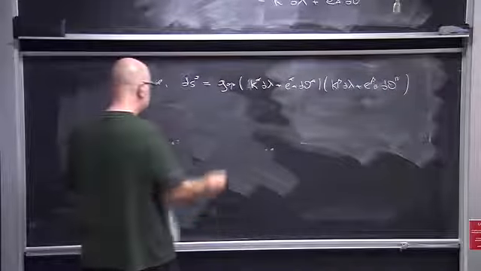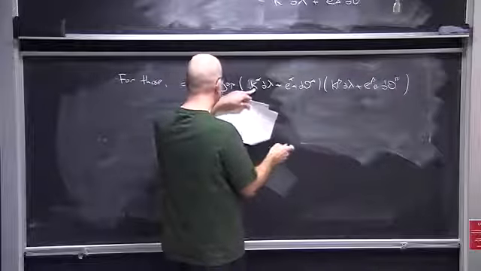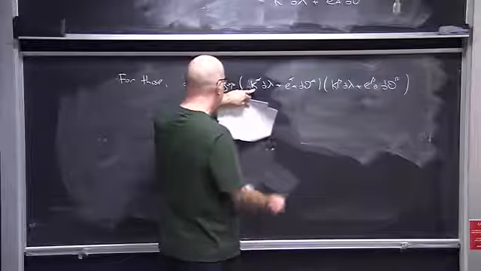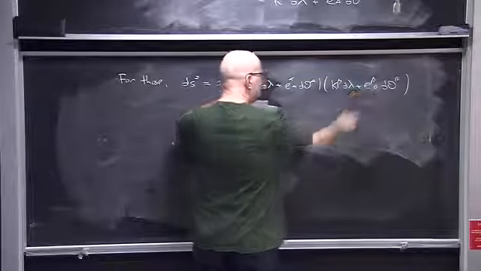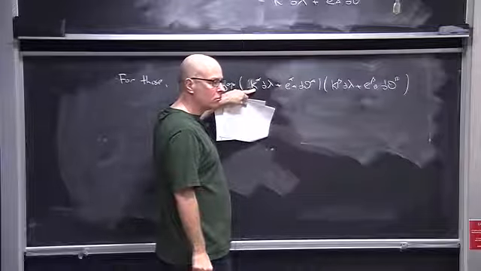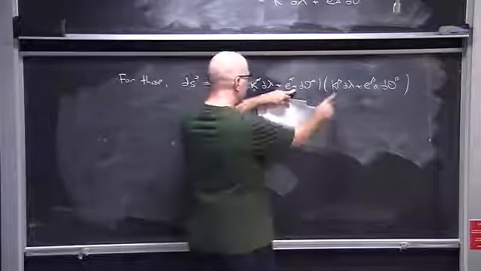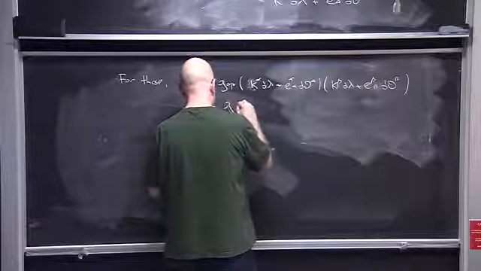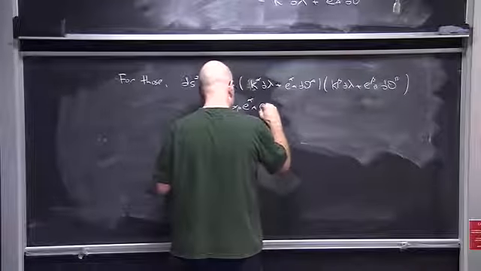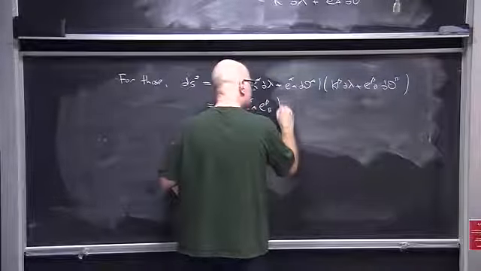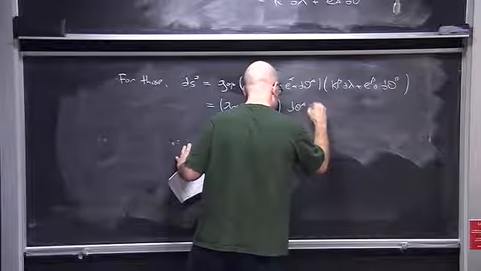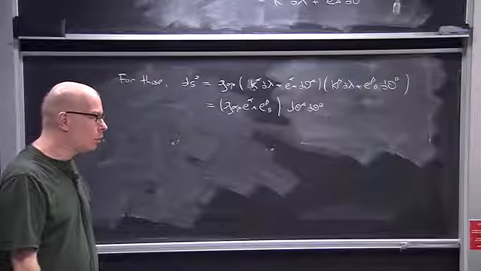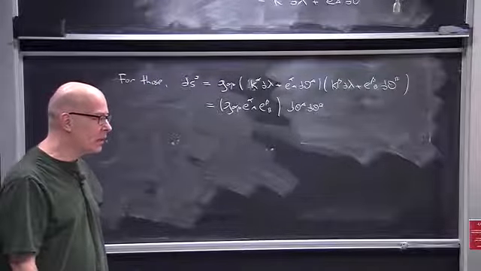So I work this out. First, I get the inner product of k with k, and that's 0. Then I get the inner product of k with e, which is also 0. Then I get the inner product of e with k, again 0. And the only thing that's left over then are the inner products of the e vectors with themselves, multiplying the coordinate increments. So something very nice has happened here, or something that we sort of expected,